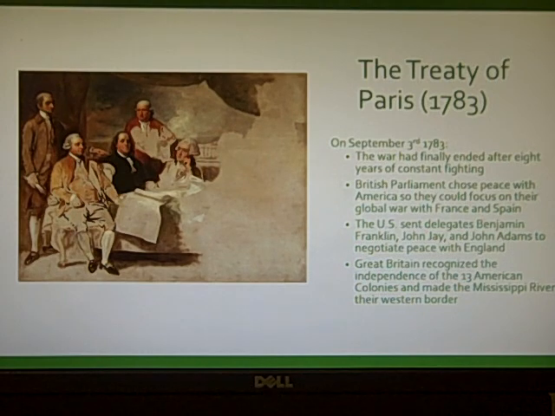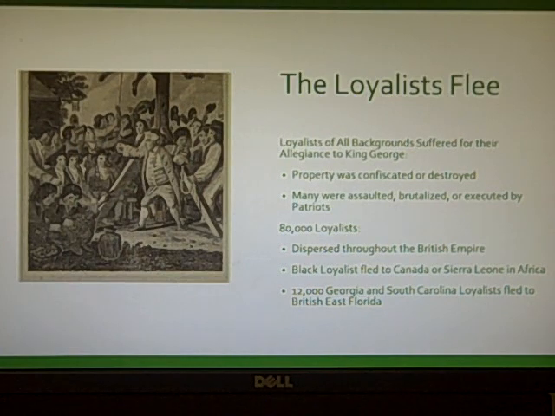Alright? Okay, so by 83, we're going to get a formal agreement. Now, what happens then is, and I think we talked about this when we talked about how many people were fighting, how many people were loyalists? 25. There's basically 20-25% that were Tories, loyal to the British Crown. The loyalists that can are getting out. They're running away. They are going back to the British Empire, or they are running to Canada, or to the Caribbean